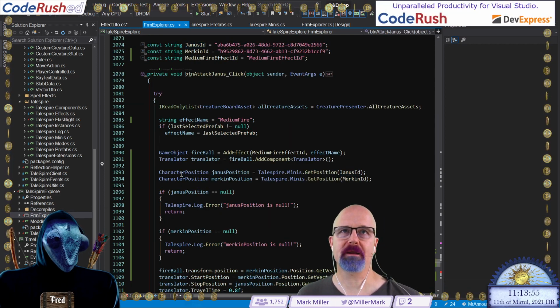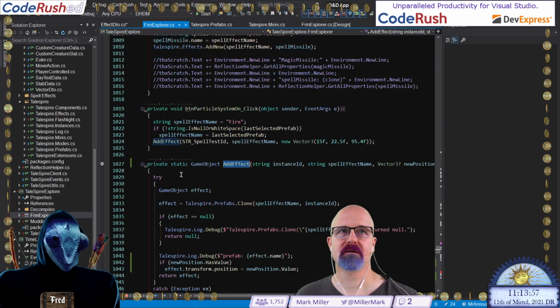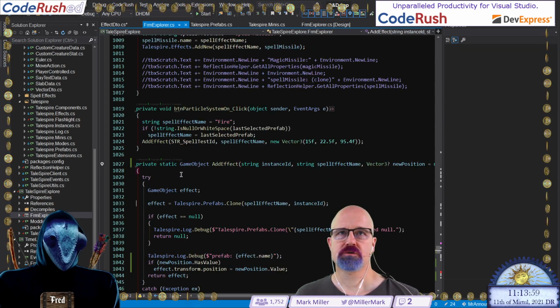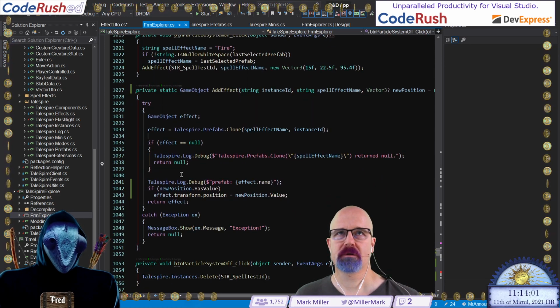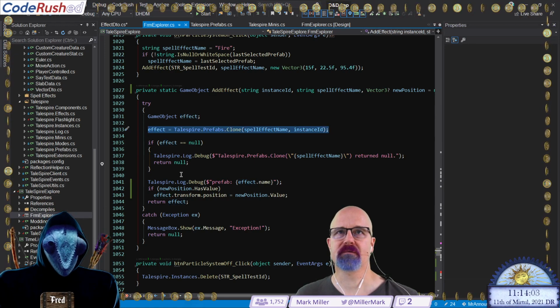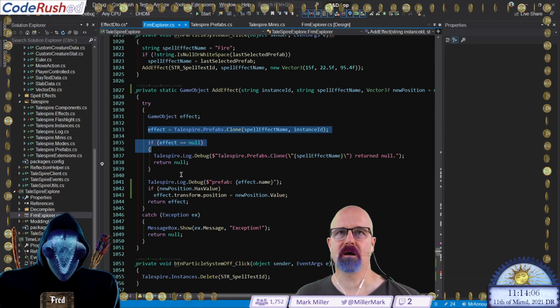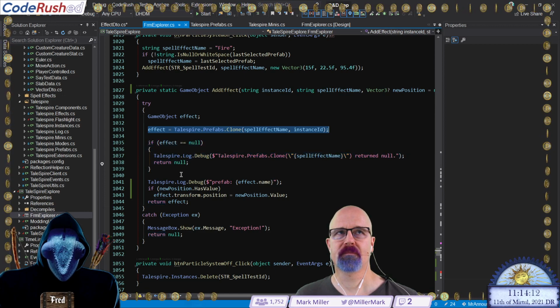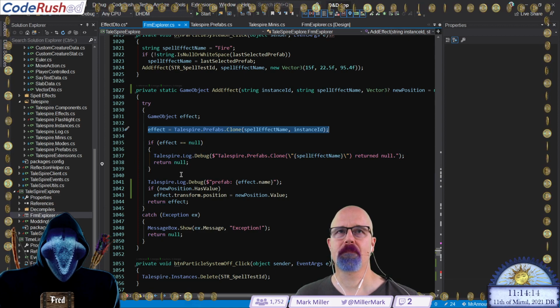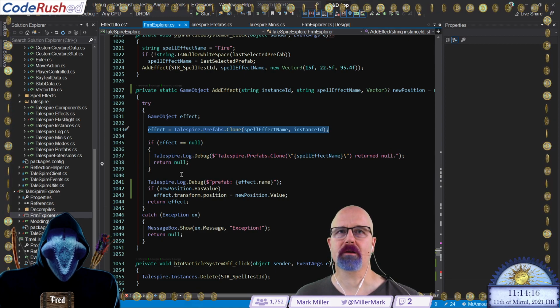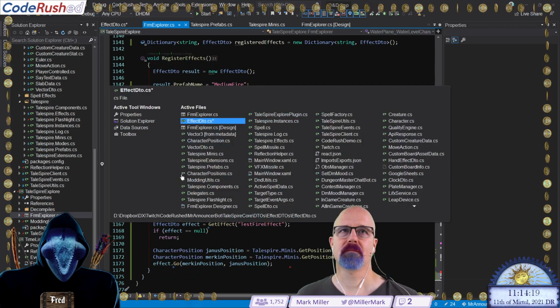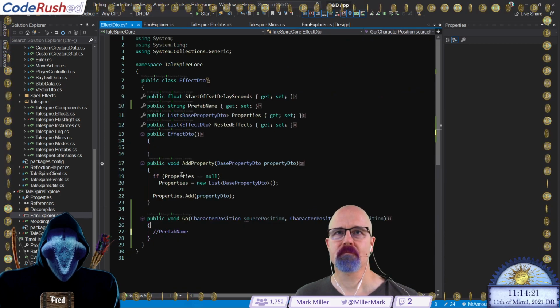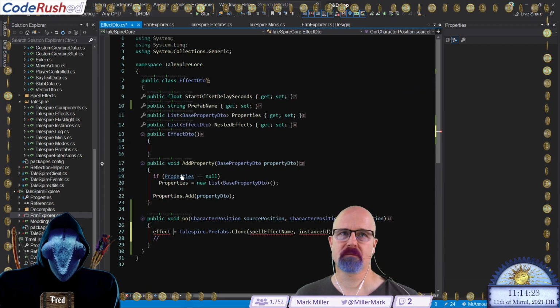All right, so we're calling add effect. Let's go look at add effect. This is the essence of it, right here. Okay. Clone this thing, make sure we do it correctly, and put it over here, which would be our source position, presumably.